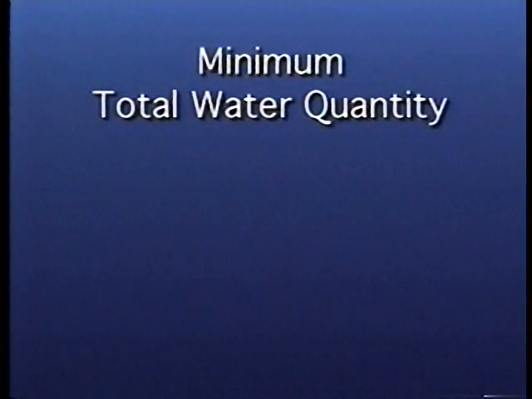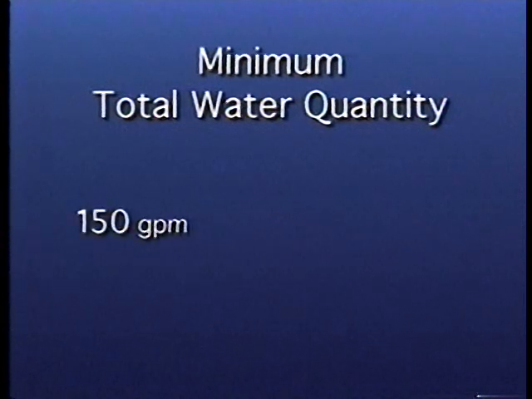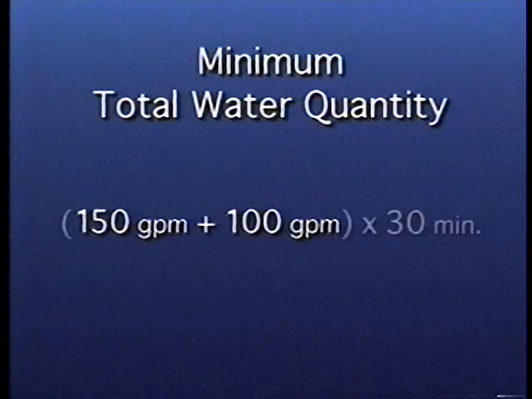In addition to that demand, NFPA 13 requires that 100 gallons per minute be added for the total combined inside and outside hose demand. This is to allow for manual firefighting. NFPA 13 also requires that this water supply be available for at least 30 minutes. The minimum total quantity of water is therefore 150 gallons per minute plus 100 gallons per minute times 30 minutes,